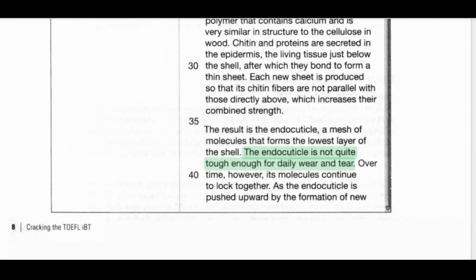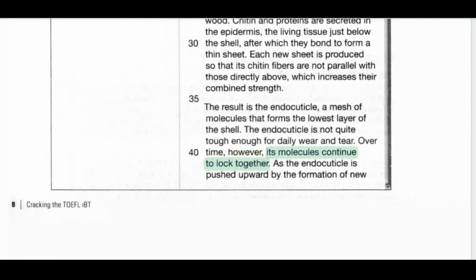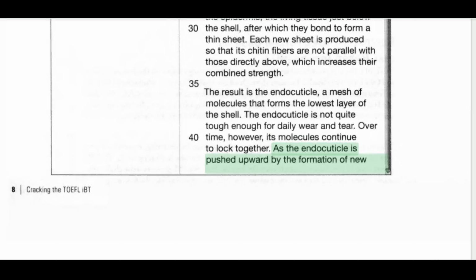The endocuticle is not quite tough enough for daily wear and tear. Over time, however, its molecules continue to lock together. As the endocuticle is pushed upward by the formation of new layers,